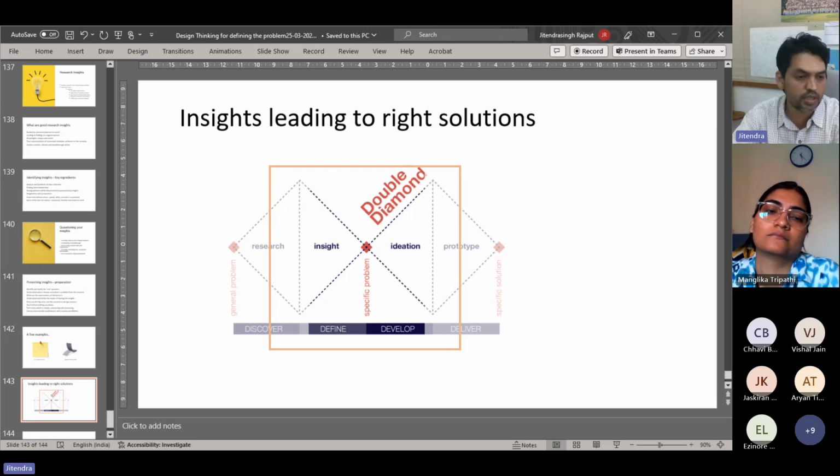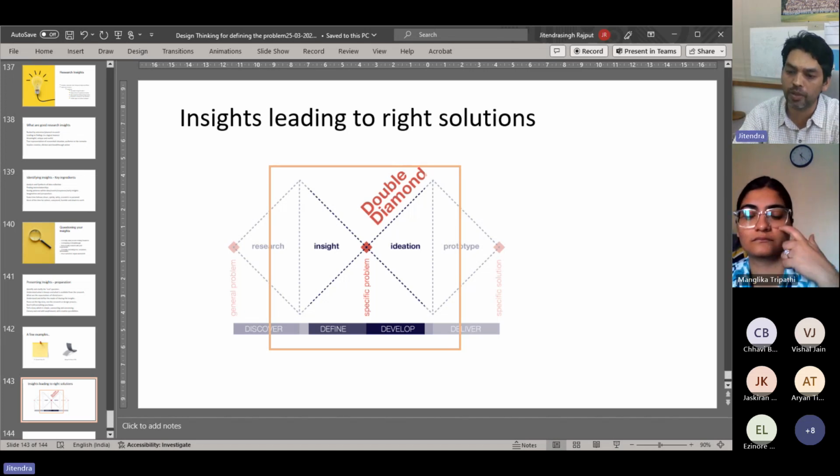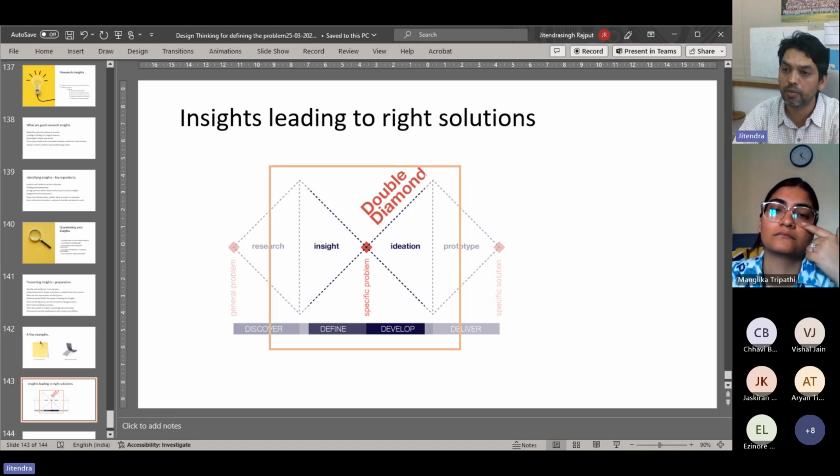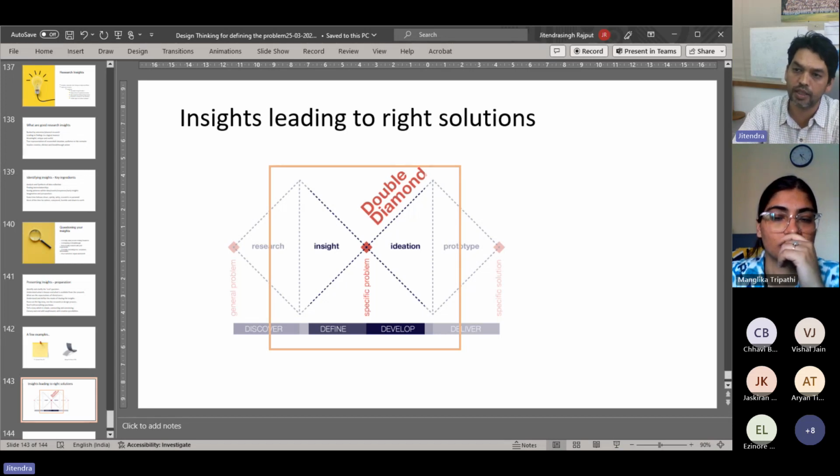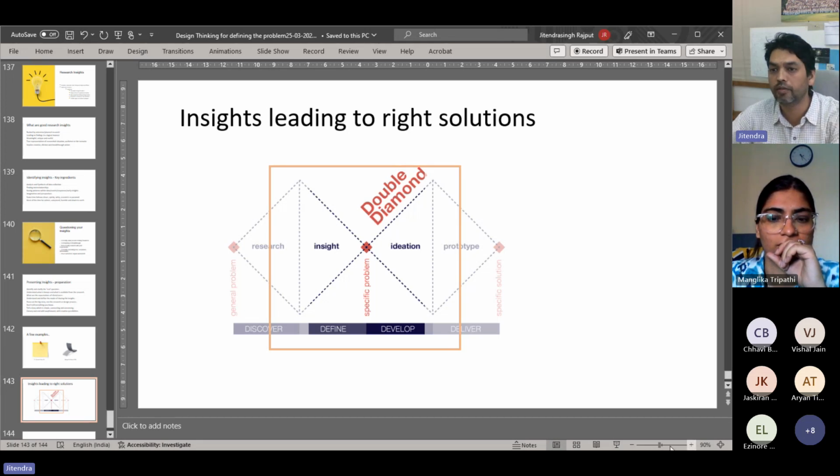So this is something we need to keep in mind, and maybe we can be more precise in our interventions by having those insights lead our entrepreneurial efforts. So I'm stopping here, and if you want to ask some questions on these slides, we can take those, and then we can call the next presentation.